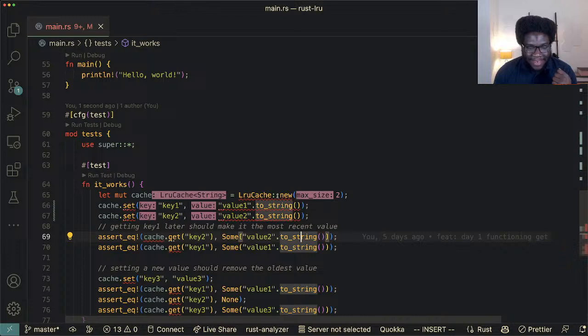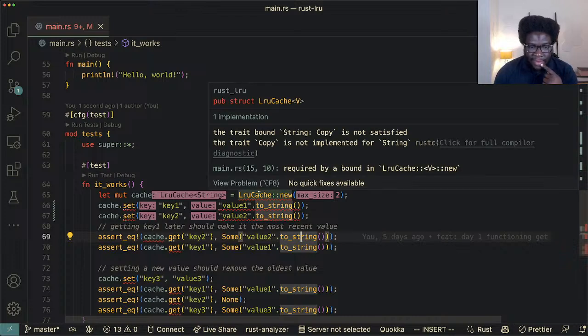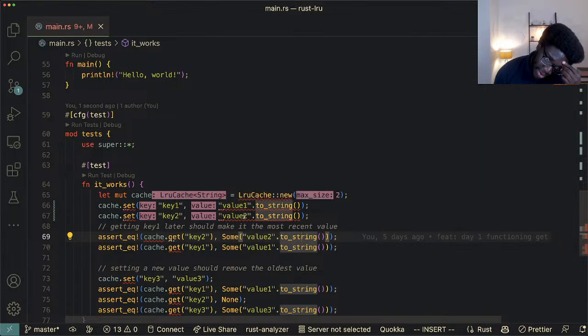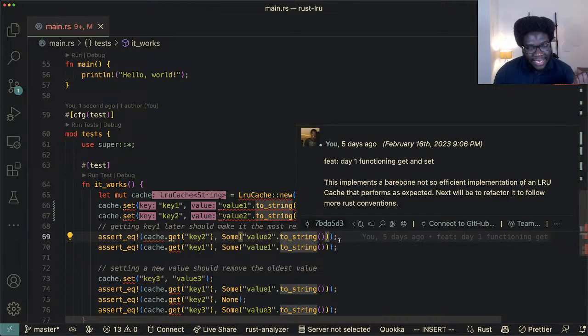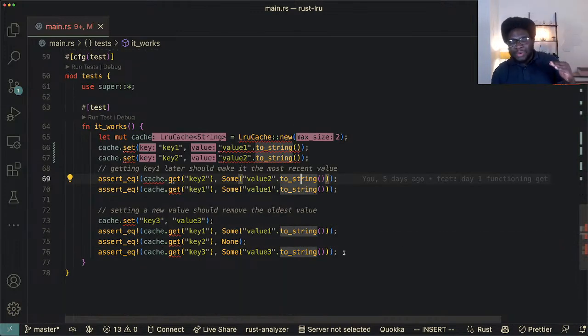Maybe not that. Let me see. So the trait bound String: Copy is not satisfied. Okay, so I guess the problem here, it's funny how Rust compiles your whole program and then gives you an error at the top, right? And I think the major issue here is that